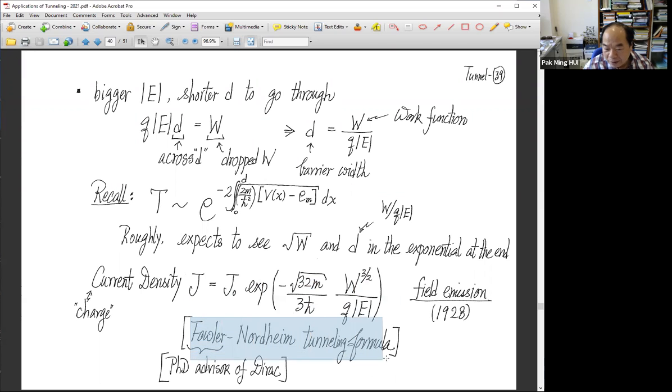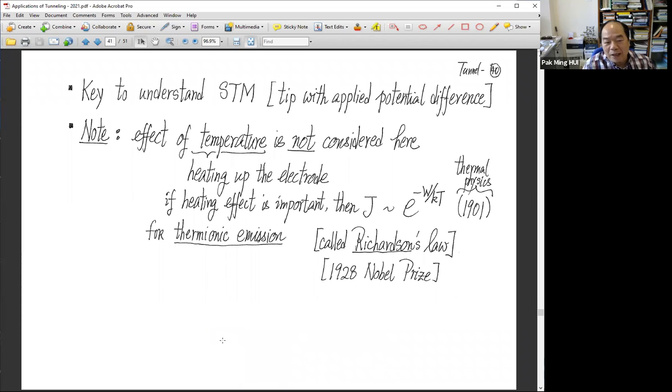Fowler-Nordheim tunneling formula. Who is Fowler? Fowler supervised Dirac's PhD thesis, in which he did the electron Dirac equation theory and also the theory of many-electron systems. Okay, that is Fowler. Someone, right? Okay, so you know that is